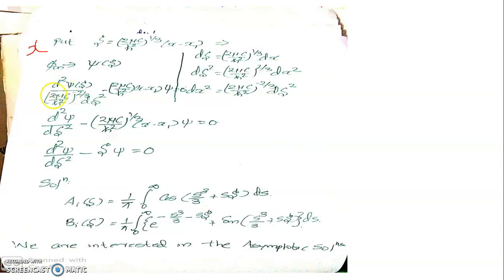Then d square phi by dx square may be written as d square psi of zeta divided by dx square. From this equation, taking this term to the left side, dx square is substituted by (2 mu c by h cross square) raised to minus 2 by 3 d zeta square, minus 2 mu c by h cross square